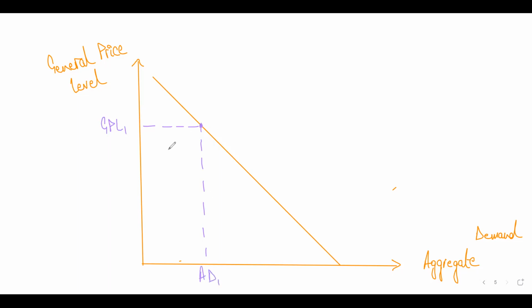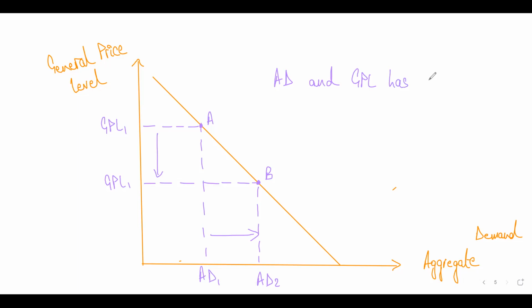So on point A, this much was the general price level and this much was the aggregate demand. Then when price level drops, when relatively things and products become less expensive in this country, then the country's aggregate demand obviously will increase. So we call this extension in demand. We did talk about this. There would be an increase in aggregate demand if general price level is decreasing. So what we understood from this is that aggregate demand and general price level, GPL as we say in short form, have an inverse relationship, just like the normal demand curve.